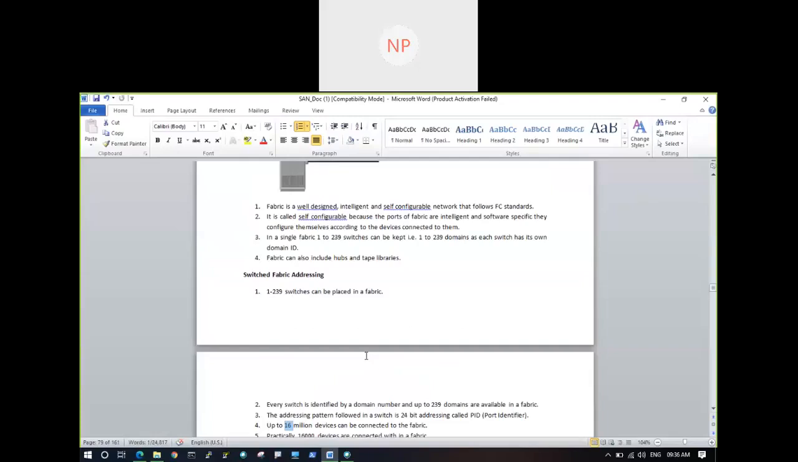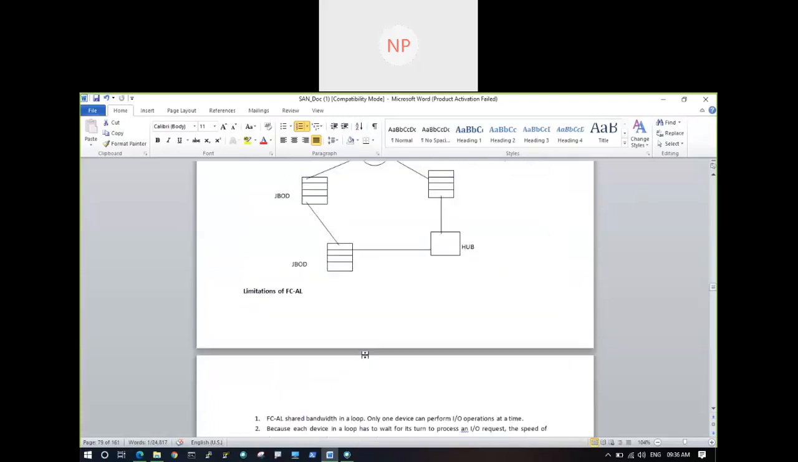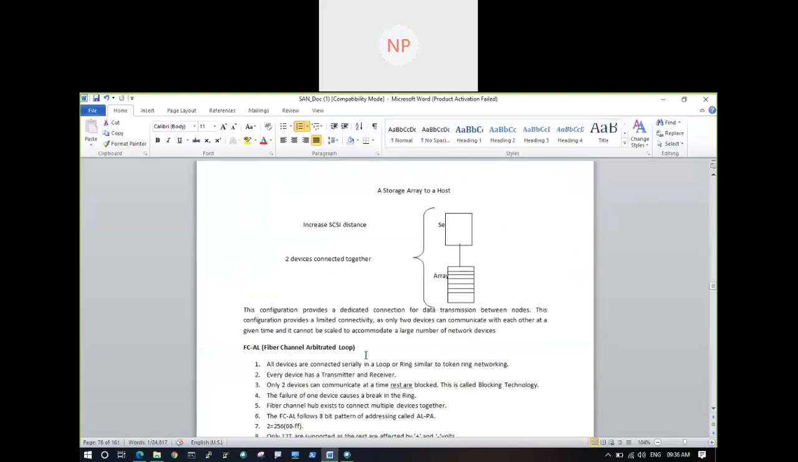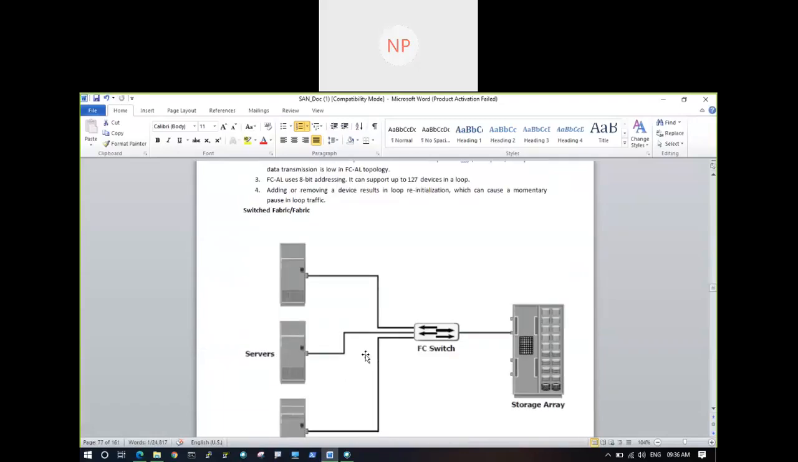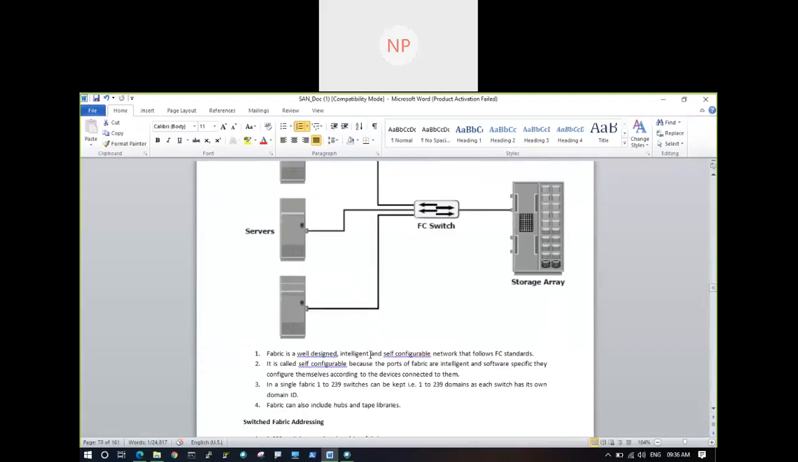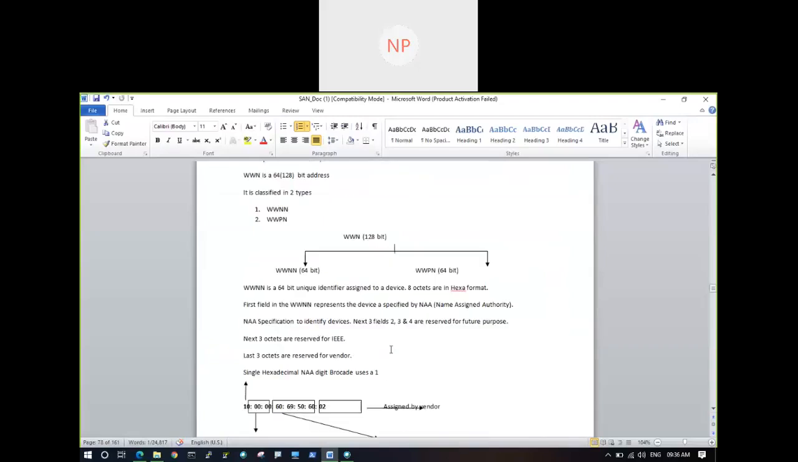Any questions, guys, on fiber channel topologies, point to point, FCAL or switched fabric? Okay, then